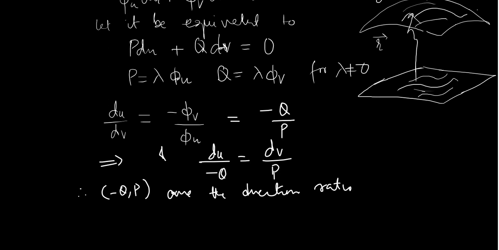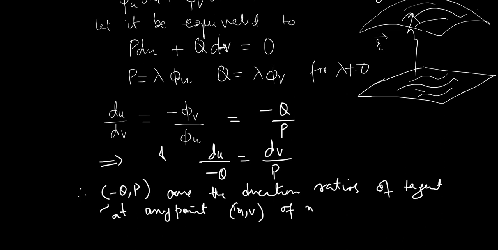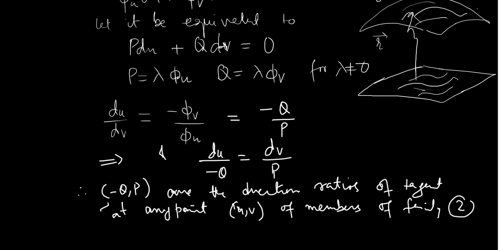of the tangent at any point of members of family 1, and of members of family 2nd, our family of curves. Family 2nd means phi of u v is equal to c. So I just take a little of words. Okay. Now what we do,